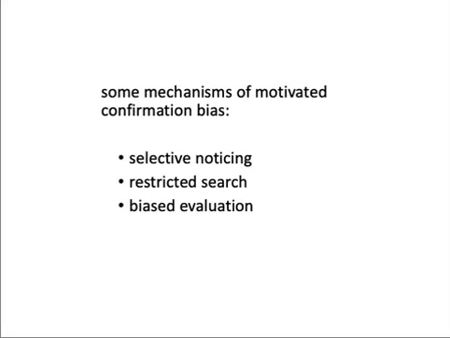The second one is restricted search. Restricted search is failing to seek out the full range of alternative views or the full range of potential evidence for the views. In many cases, this could be motivated, but it's rarely deliberate. We'll discuss this in more detail in the next lecture on Thursday. The final one is biased evaluation. Biased evaluation involves evaluating the strength of potential evidence in a way that's influenced by our initial view. This will also be discussed in chapter 2 next